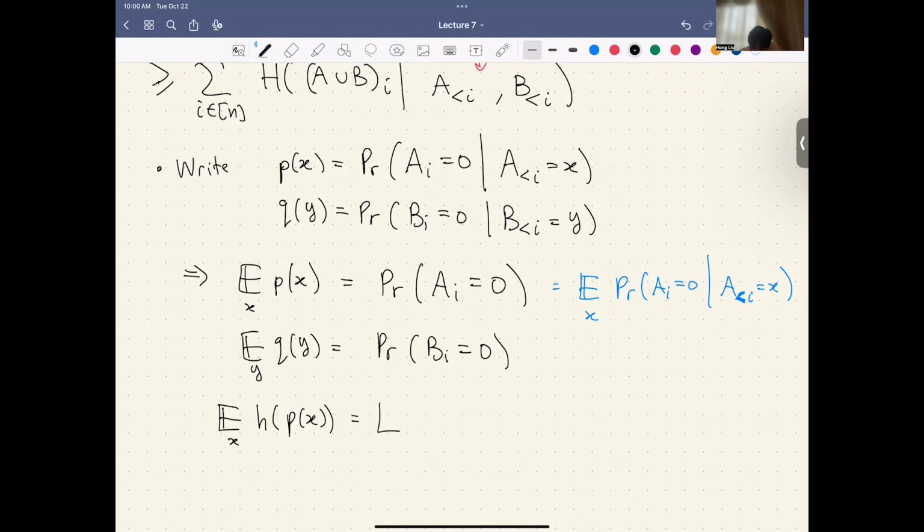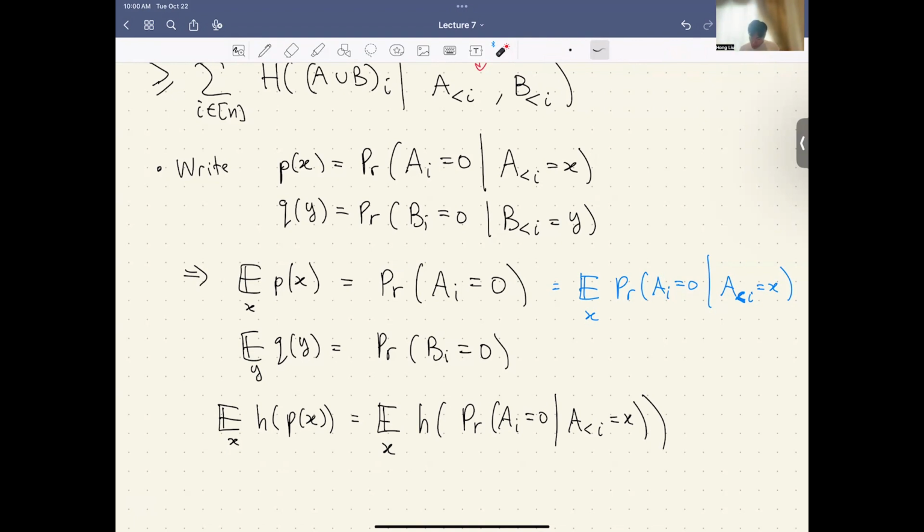This is expectation over x of h of Px, that thing, right? The probability A_i equal to 0, given A less than i equals x, is this one. Remember, now, for fixed x,